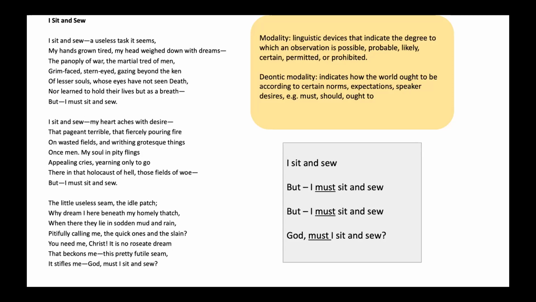So perhaps conveying there this increasing frustration really that we seem to get through the poem arising, and then at the end though perhaps the frustration becoming so extreme that the speaker is perhaps considering an alternative course of action. So that's another framework you could use that could be really interesting to look at as